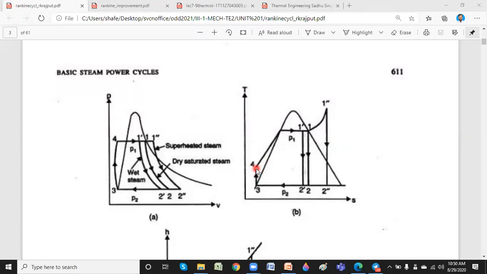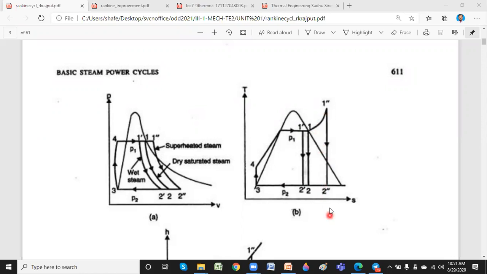And finally, what is the efficiency now? H1 minus H2 minus H4 minus H3, divided by H1 minus H4. That is for your cycle. Sometimes it may start with wet, that is 1 dash, and it may end with wet, that is 2 dash. So 1 dash, 2 dash, 3 dash, 4. It is normally not allowed, because as I said, when expansion starts from wet it's completely in the wet region. So it's dangerous for your turbine blades. So these are the various types of expansions, and you will observe them in problems.